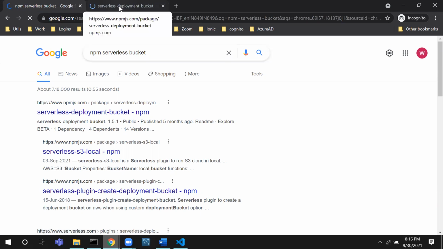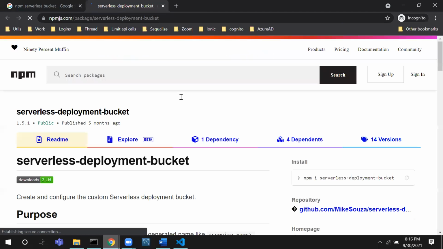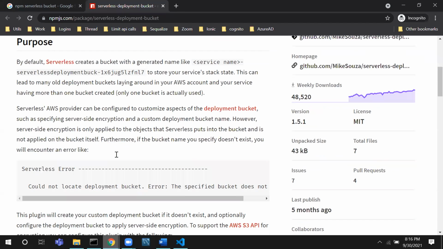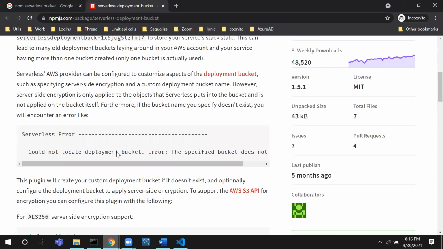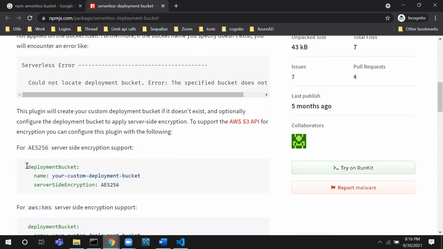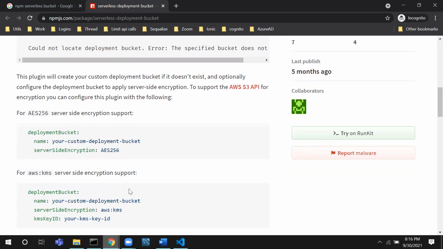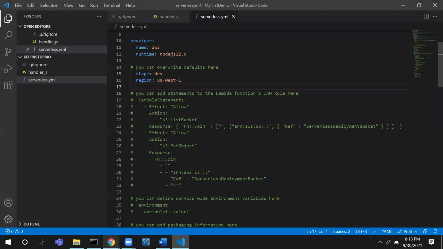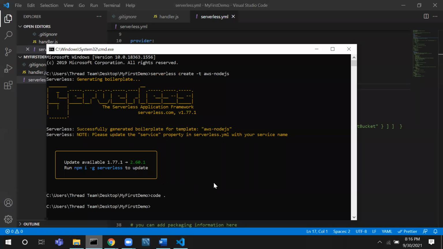We have to use this particular plugin, so it will consume only one bucket, and here we can see it shows all the configuration. For that, we have to install this particular plugin. But before moving to the deployment bucket,